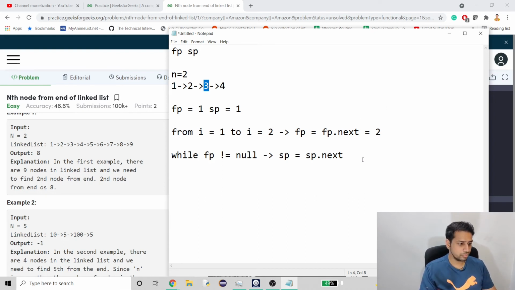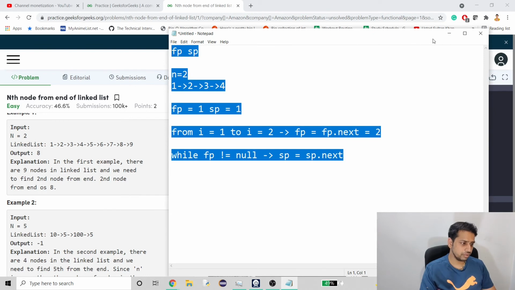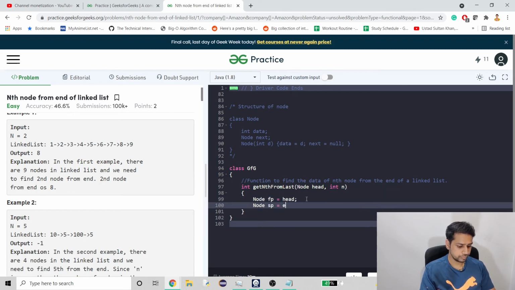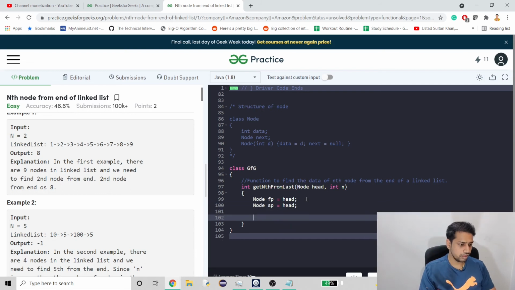So this is going to be the logic, and let me write down this logic exactly and then I'll explain more. So let's first create these 2 pointers. I'll use the same names to make more sense. Okay, now again what we have to do is iterate: int i equals 1, i less than n, and i plus plus.